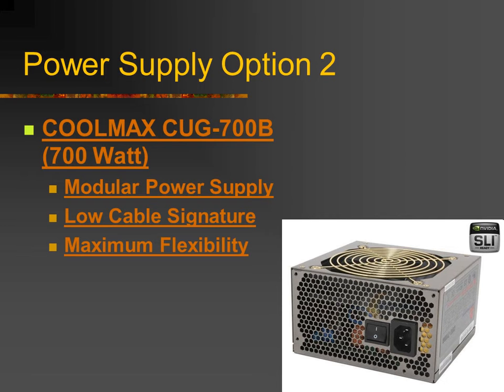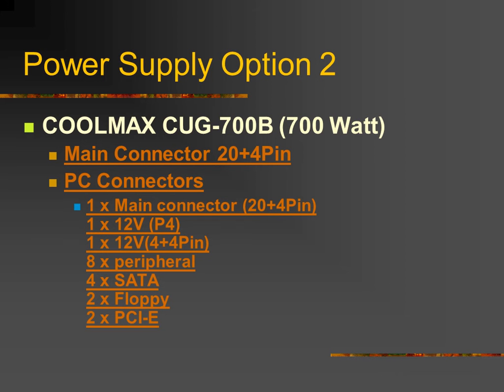It is a modular power supply with low cable signatures and a lot of flexibility, and I'll show you what that means. Basically, there are no cables coming out of our power supply until you plug them in. So if you don't need it, it isn't in there. You can see that it has a high efficiency fan on there. It comes with a 24 pin connector, the main Pentium connector, the 12 volt Pentium 4 connector, a 4x4 pin Pentium 4 connector, 8 peripherals, 4 SATAs, 2 floppies, and 2 PCI Express for high-end